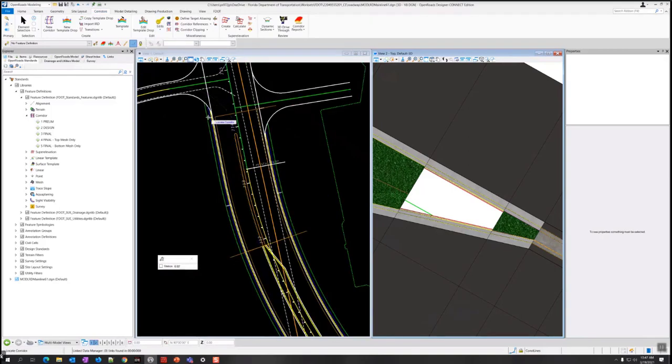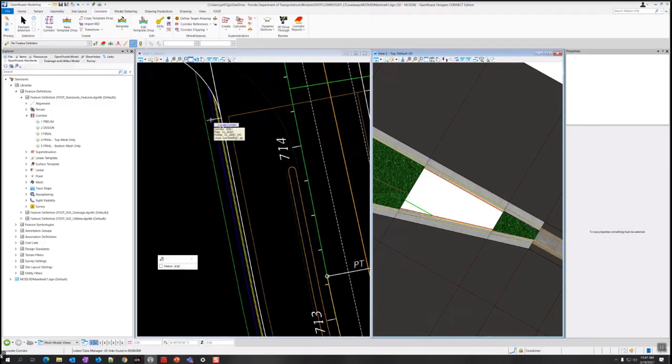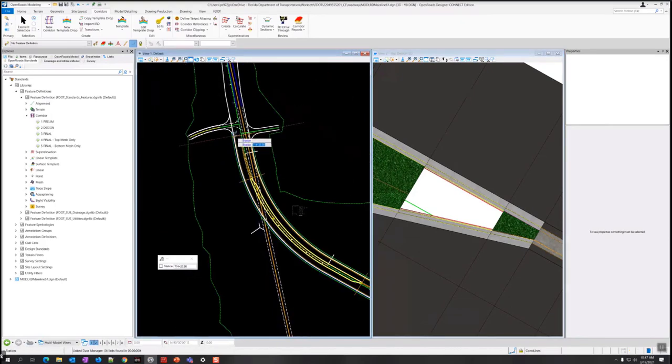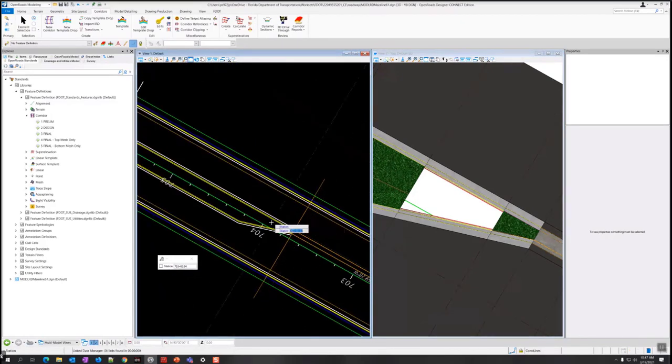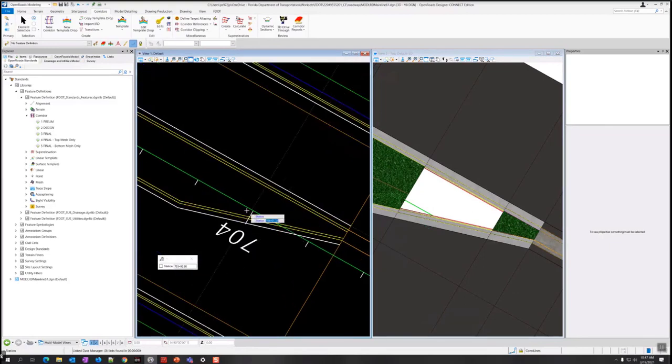It asked me to select the corridor, so I'm going to grab one of these corridor handles here. And then it's just asking for a station. Now I can do this in the 2D, but notice if you look in the 3D, there's a cursor moving around there as well that represents it. So it's probably more useful if I just move over to the 3D, and this is why I switched to top-down view,